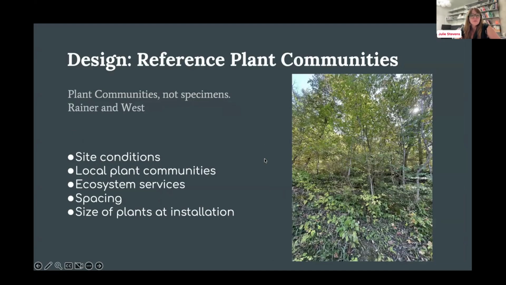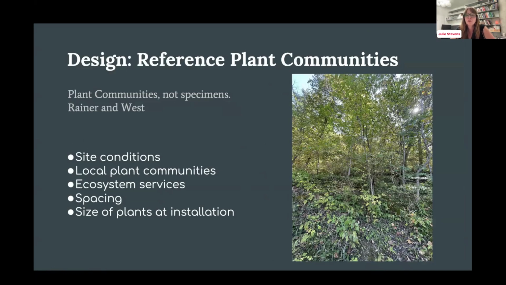Okay, so reference plant communities. This image here doesn't look all that exciting, does it? But it is beautiful. So this is at Ledges State Park. This is one of my most favorite reference communities, and one that I really hope to get trialing at home and maybe here on campus. So what you're seeing, if you can follow this, is a grove of Carpinus caroliniana. So that's our American hornbeam, a beautiful plant.